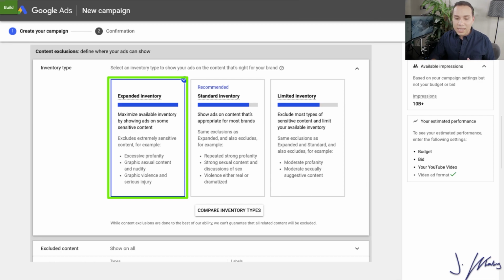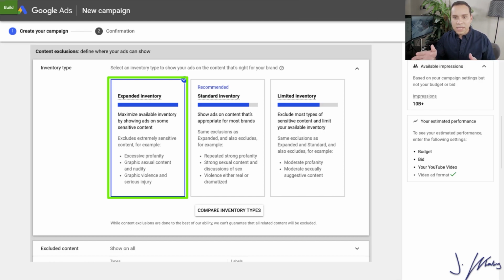Now this next option is inventory, and this is where I highly recommend you click on expanded inventory unless you are very, very brand conscious. So long story short, big brands are very scared of running ads on anything that could remotely tarnish their big brand name or suggest that they're endorsing some sort of quote unquote bad content.